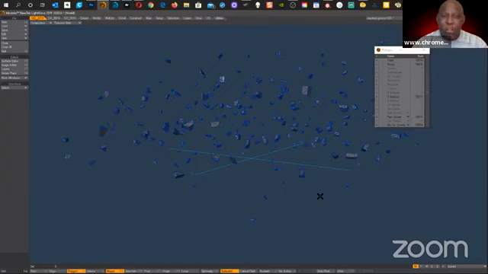So ZBrush lends itself more to organic modeling, like doing dinosaurs and human figures and worms and snakes and stuff like that, although it can do hard surface modeling as well. They've improved its interface to allow for that. So if you're going to be in the industry, you have to know ZBrush. And of course, you have to know Maya. Also, another program you want to get serious about is Blender. Blender is starting to take over a lot of the Maya market. It's gotten that good. It is that good.